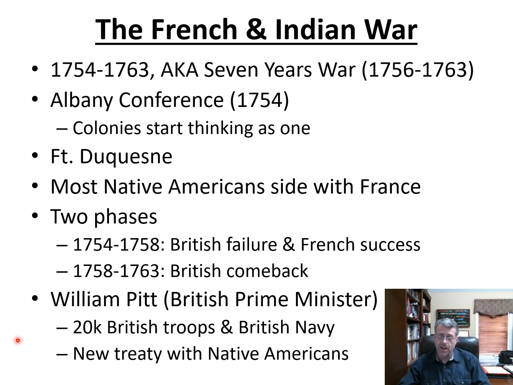The French Navy is not going to be able to get into this area because the British Navy is going to have everything blockaded. And we've got 20,000 British troops going up against the few French soldiers that are in the area. We're going to see things start to turn around in 1758 with the introduction of all these troops. Now, these are all regular troops. They're professional soldiers. They're trained in combat tactics. Their leaders are all well trained. They're well organized and they're well equipped. Again, Pitt is going to spend a fortune funding this campaign into North America.